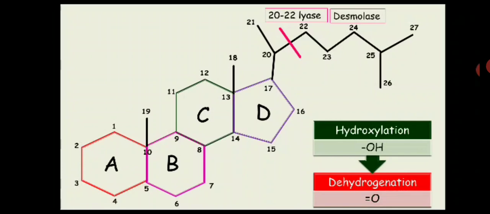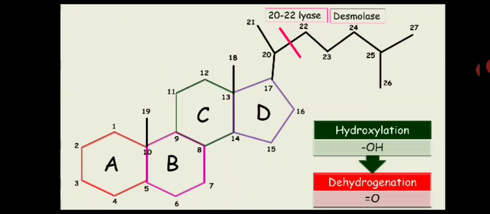Got it? So most of the time hydroxylation is followed by dehydrogenation; in other words, hydroxylation takes place first. It is not entirely true, but it is 90 to 95% true. So first, in order to make a steroid hormone, we just lyse the carbon bond between 20 and 22 and convert cholesterol into pregnenolone. Then we get a 21 carbon molecule, pregnenolone. Inside this 21 carbon molecule, somewhere we do hydroxylation, somewhere we do dehydrogenation.